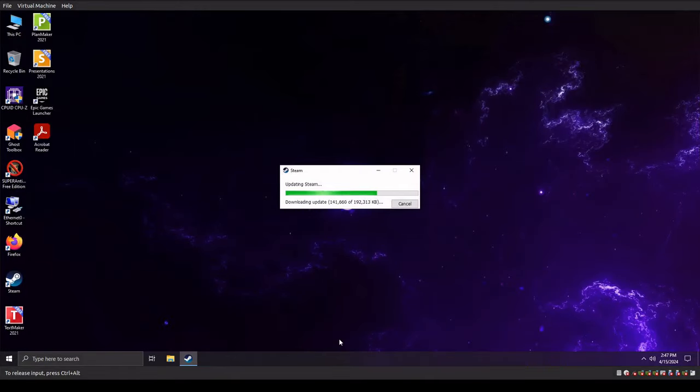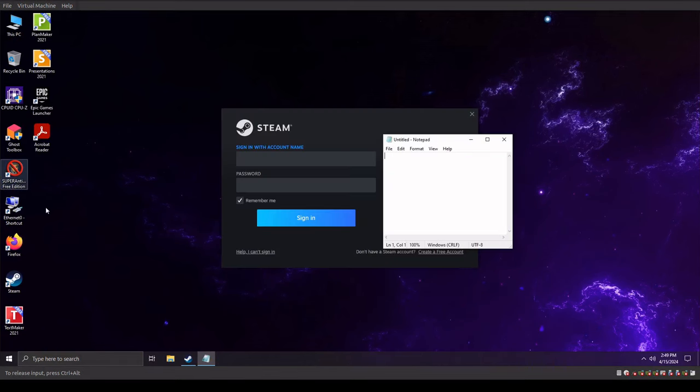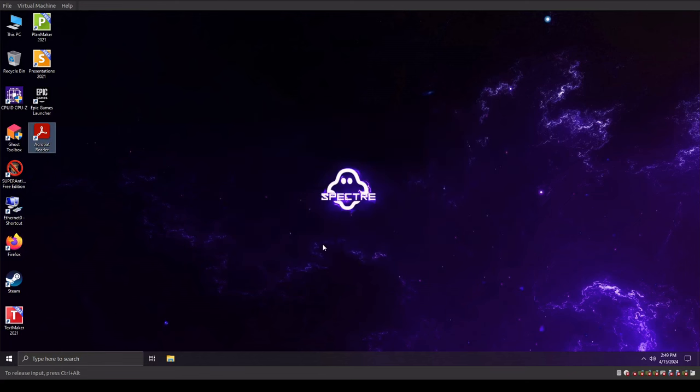So Adobe works. Steam is clearly updating. So it appears that Steam works. We don't have any issues accessing Steam. Steam was able to download, and that application works. So the first thing I want to do here before we move on to the next application to see if the rest of the apps work